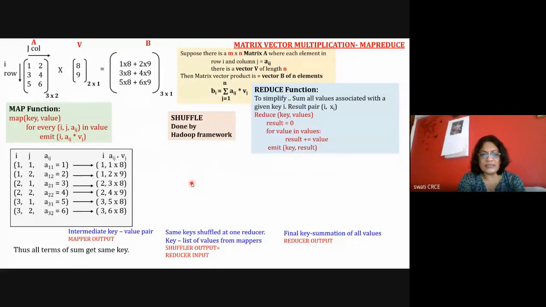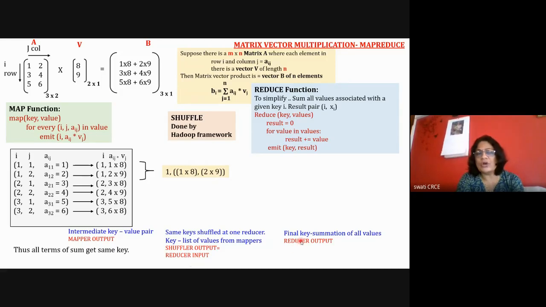So here I can say that for the key i equal to 1, it will create a key and value pair where the key is 1 and the value is a list of values. This is again a key value pair, but the value is a list of values. So it will create this one, and it will combine both the values. These are the two elements in the list, and it will give this as input to the reducer. The shuffler's output is the input to the reducer.